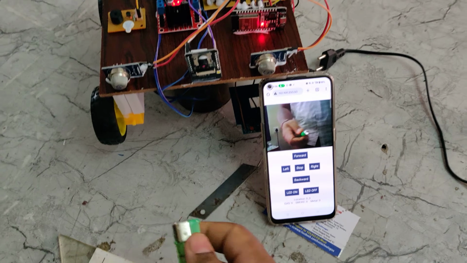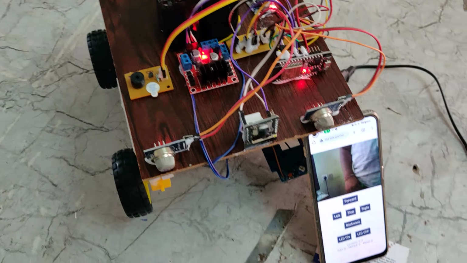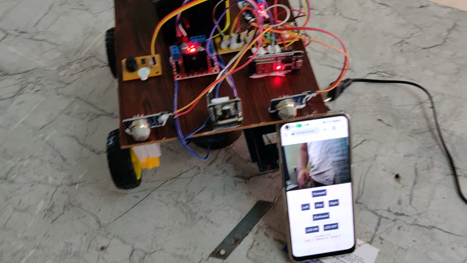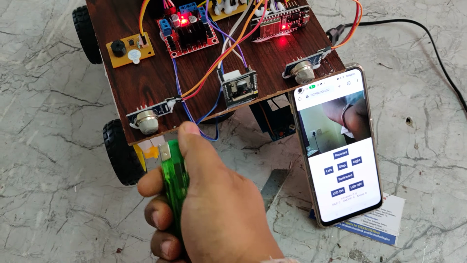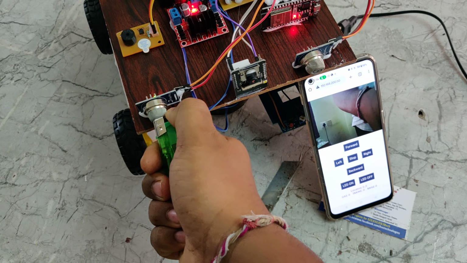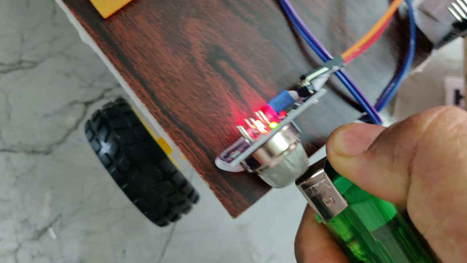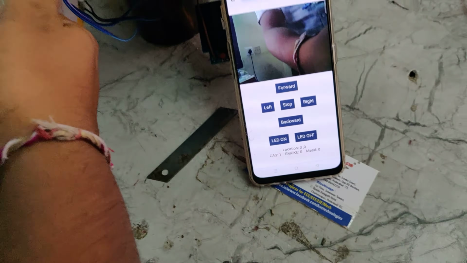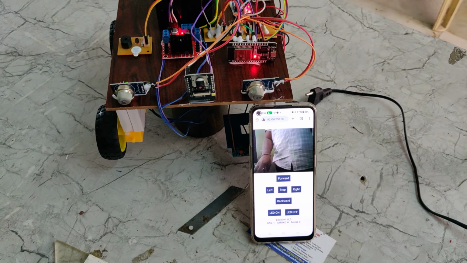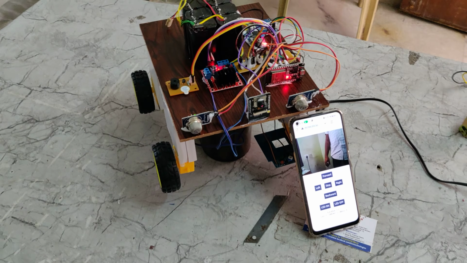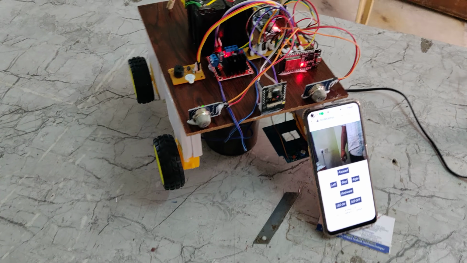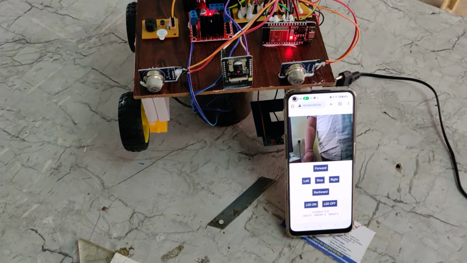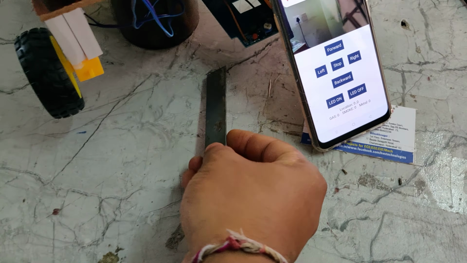And coming to the gas, we are using this MQ6, which is a combustible gas sensor. It can detect methane or any other gases also, but for demonstration we are using LPG. The light on the backside of this gets switched on, and the gas status is 1. When the gas concentration decreases, it goes back to 0 and the buzzer will be off. Right now it is 0. And coming to the metal detection,